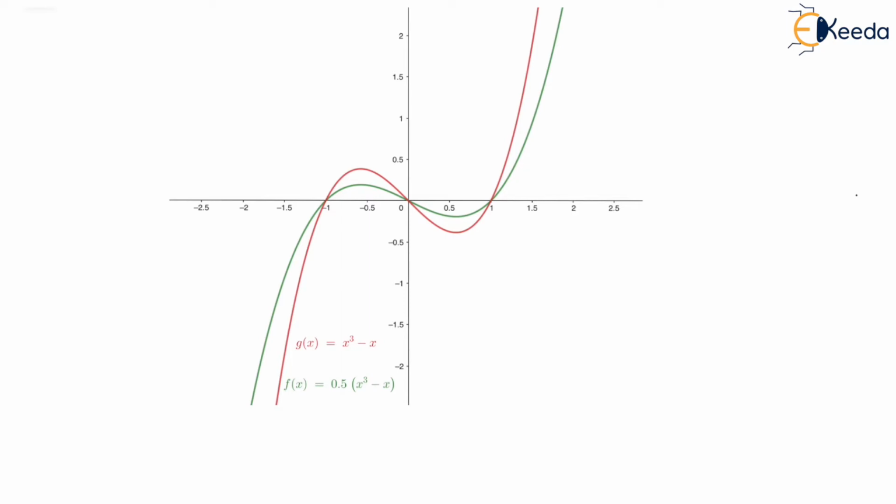In this case, the scaling factor a is less than 1. We can see that it is 0.5, which has the mod value less than 1. So in that case, we'll face shrinking of the function, and that will be vertically, since let's say the initial graph, which was the red one, has the value of this height, but now the value has changed to this height, and this has shrinked vertically, whereas the roots are still as it was initially.